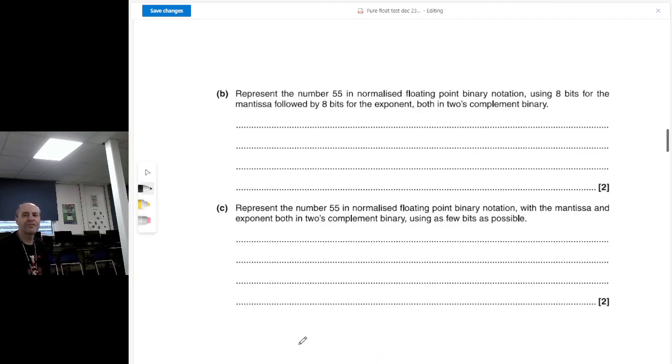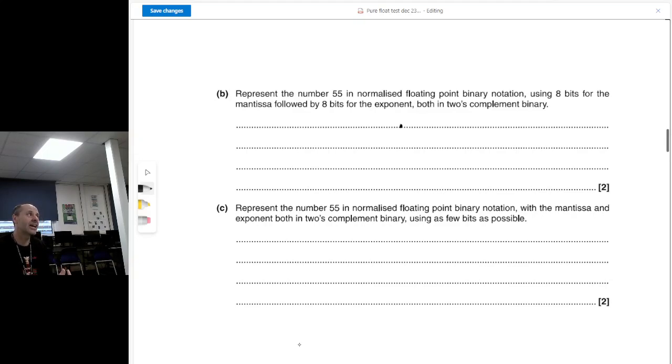Right, so we got 55, and they want us to represent it in a huge, for them, floating point format. 8 bits for the mantissa and 8 bits for the exponent. Okay, so that would be like 2 to the power 127 would be the size of the numbers we could store in this format. Right, again, our first job when we got denary is to just write down, using a fixed point notation,